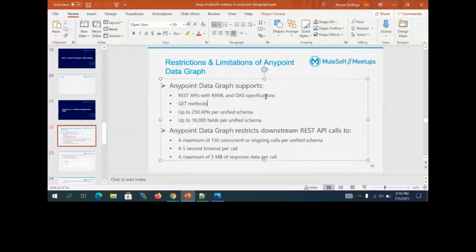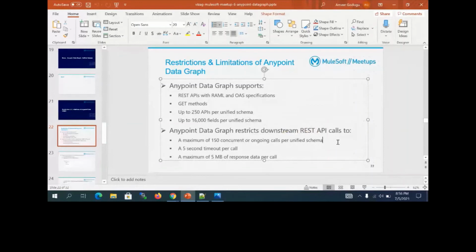Not sure what MuleSoft is going to provide in the future. Up to 250 APIs can be in a single unified schema. If each API has 1,000 fields, then you can add only up to 16,000 fields to the unified schema. And for unified schema downstream API calls, you can have a maximum of 150 concurrent and ongoing calls.